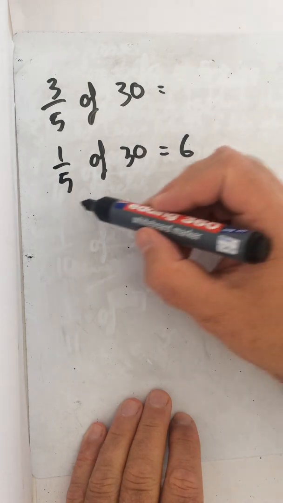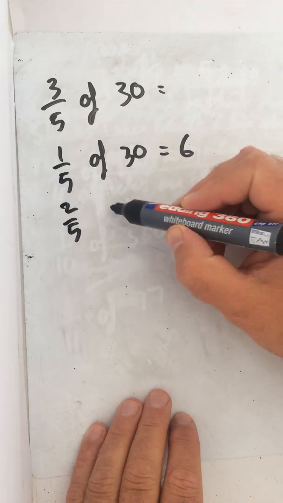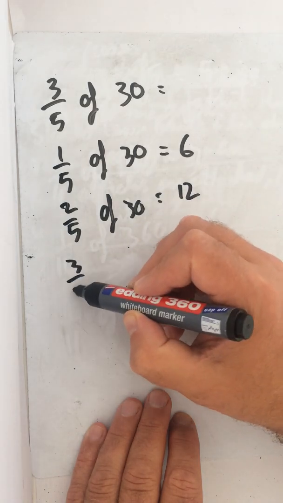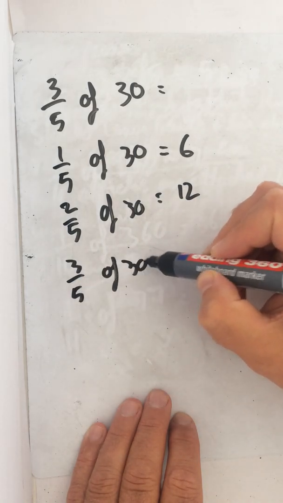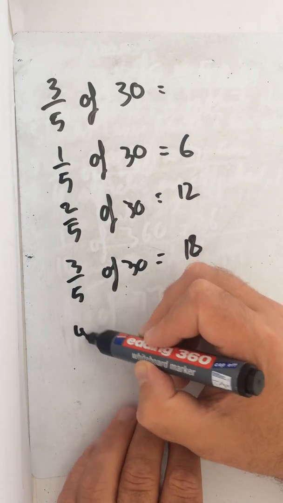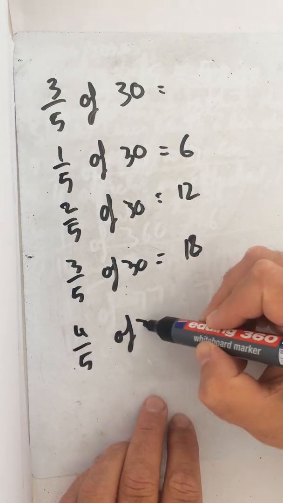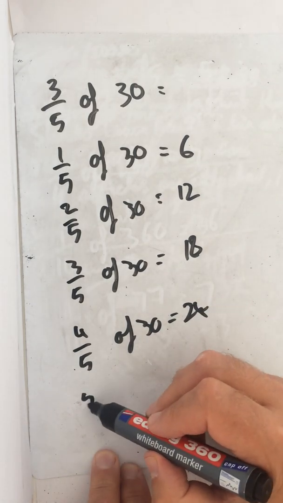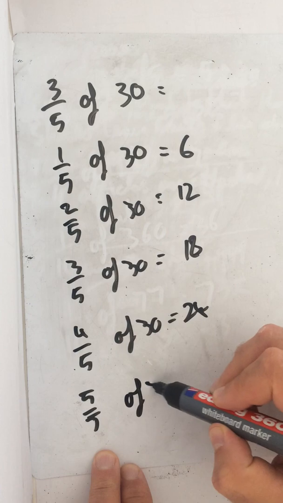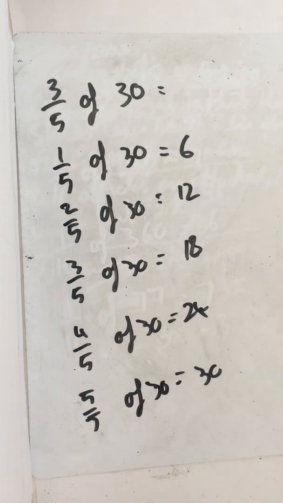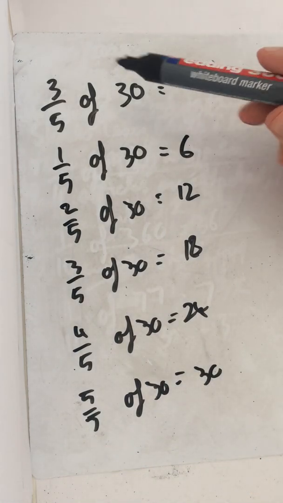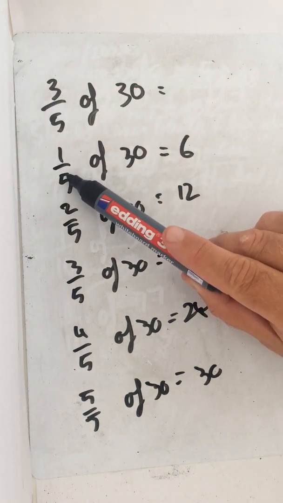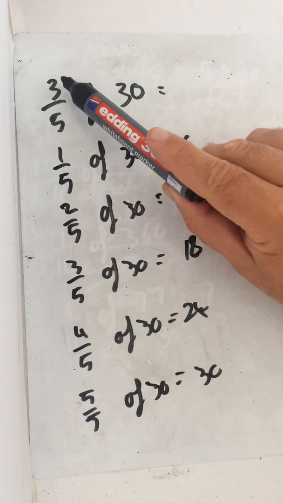If you think about it the other way, that means 2/5 of 30 would be 12, which means 3/5 of 30 is 18, and then 4/5 of 30 is 24, and then obviously 5/5, the whole thing, is 30. So you can see to find 3/5, if we find 1/5, then we just times that by the